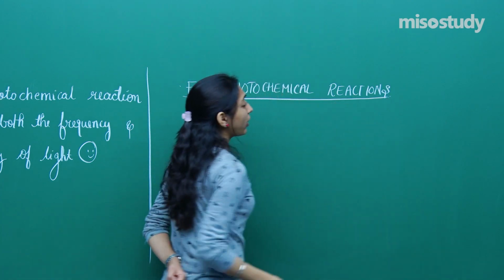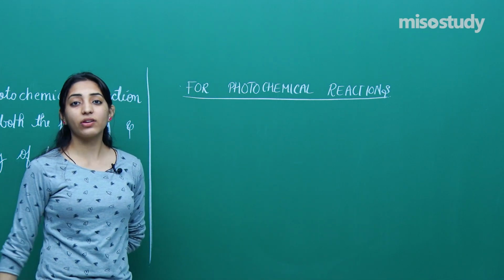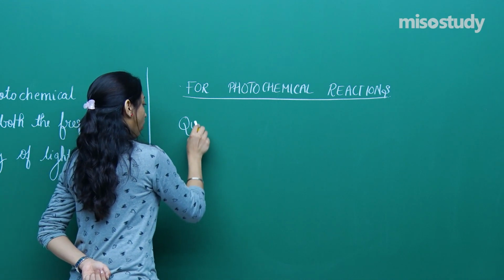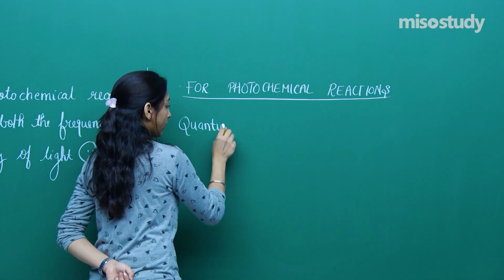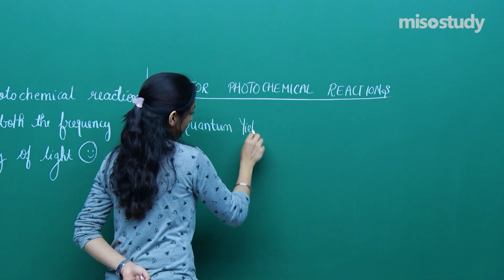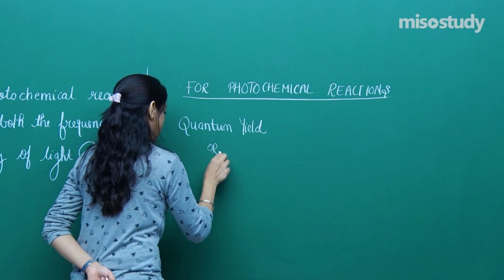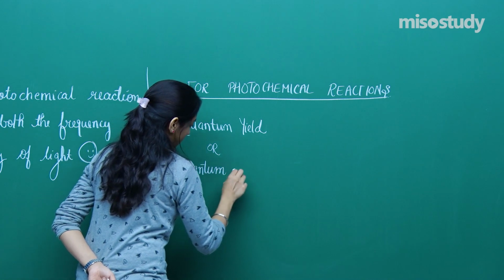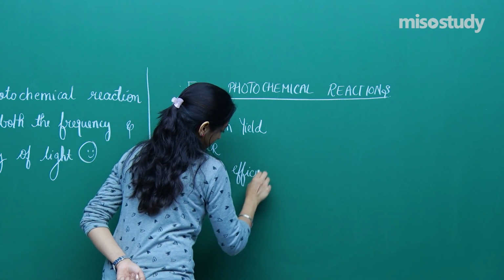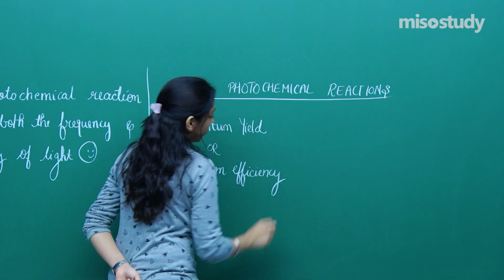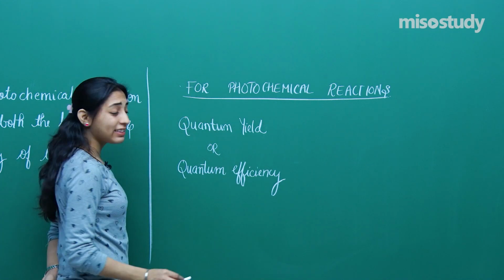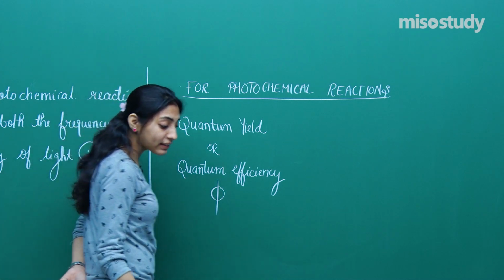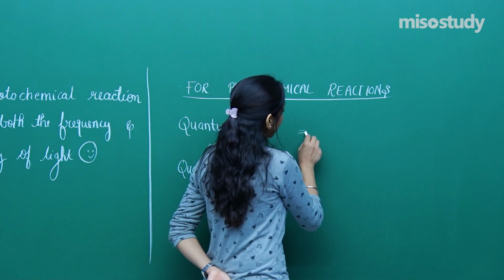For photochemical reactions only we will be defining this new topic. Quantum yield or quantum efficiency is written with the symbol phi, and this is defined as